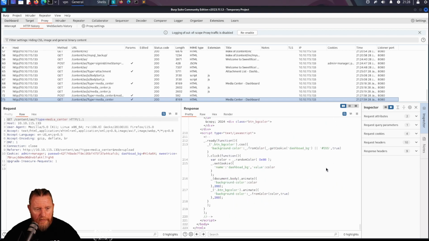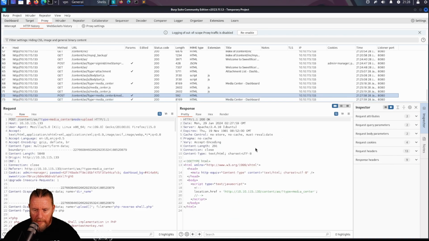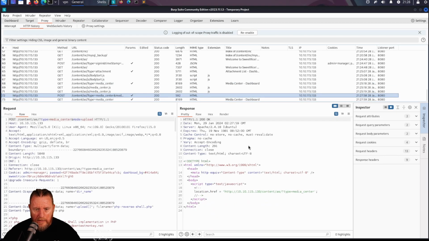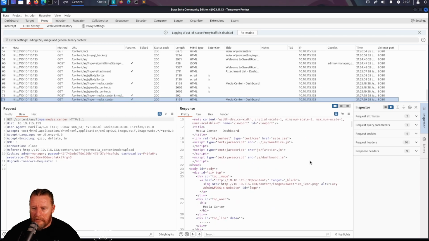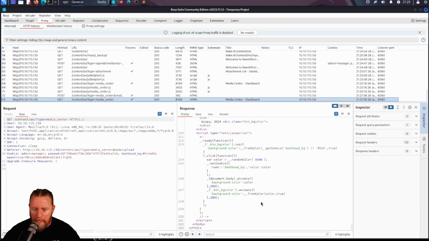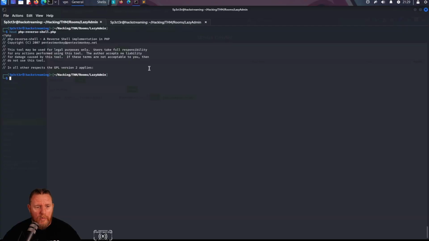I wonder if there's a filter of some kind which might stop us from uploading our shell. I'm going to send that to Repeater, but what did it say? Did we actually get in? I don't think we got an error message, did we? No. So maybe it's got a server-side filter and it just doesn't allow you to save PHP files, but it didn't say why. Okay, but that's cool, because